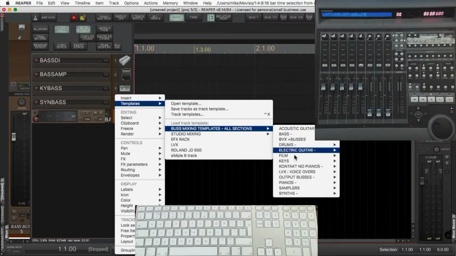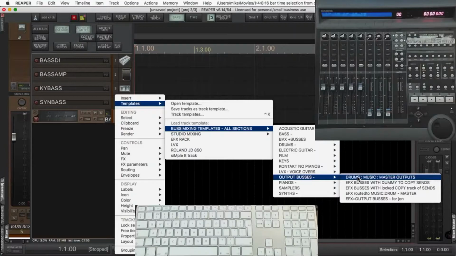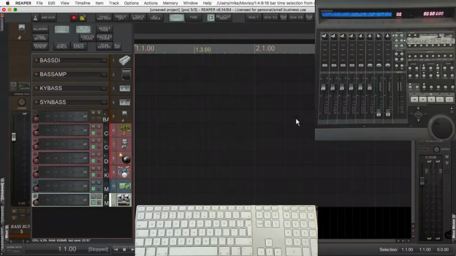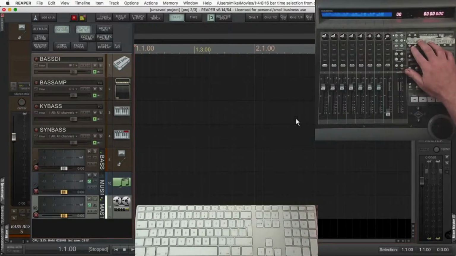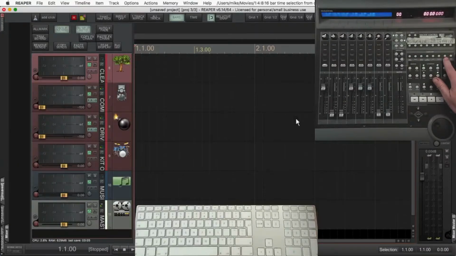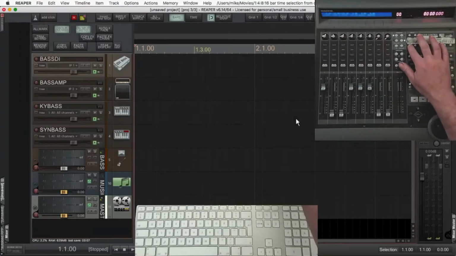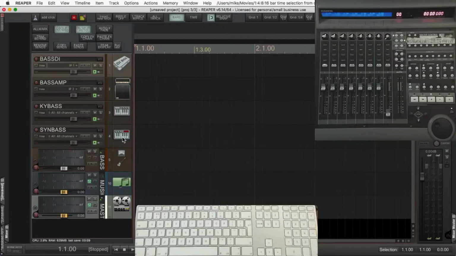Because we cleared up quite a lot of the actual programming to the action list, videos are going to get simpler to follow. Here I've imported the track template for the bass and for the output buses. So that's F1 and output on the MCU, or if you're on your keyboard, 1 and 0. You can see the cascade of the output tracks into the bass bus, into the music bus, finally into the